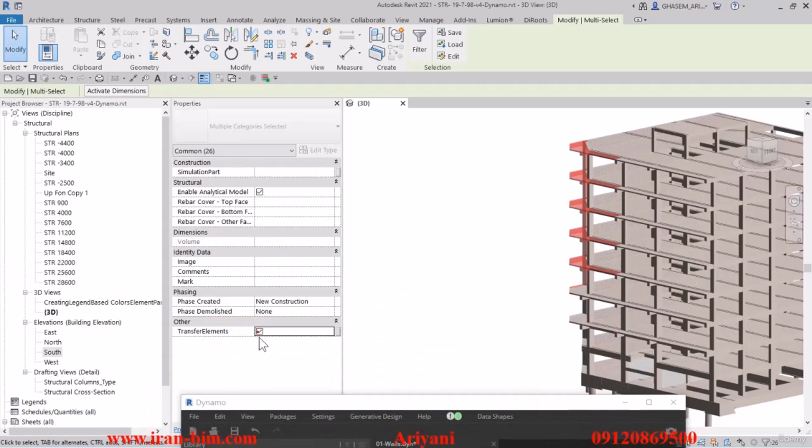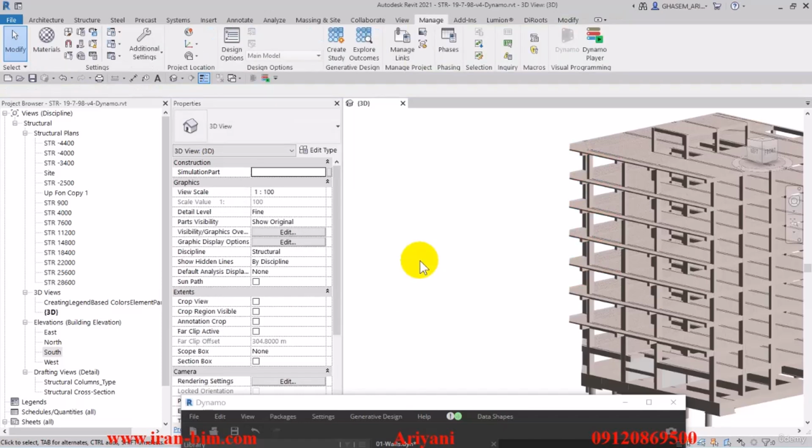And so now if we select these elements over here, another parameter will be added here under the other type that says transfer elements. We can categorize the newly modeled elements using this option and whether you want to transfer them or not. But here we're presented with another question. How can I distinguish the elements that I've modeled in the newer version and the model elements that I've modeled in the older versions of the file? This is a question that can be interesting, and first we'll cover the question and then continue the conversion process